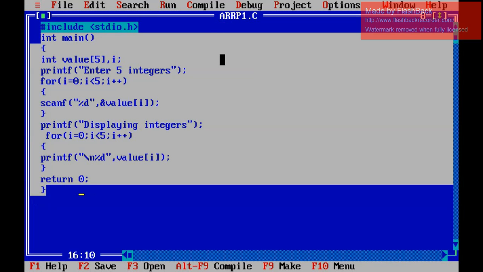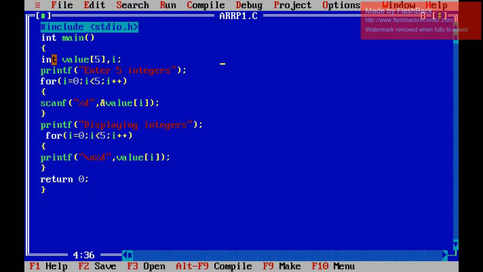So this is the program. int value[5], this is the array. First, stdio.h is the header file that supports printf and scanf statements. Then int main means the function that starts the main function. Then value[5] is an array which will store 5 integer elements.